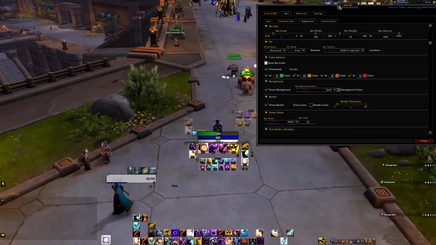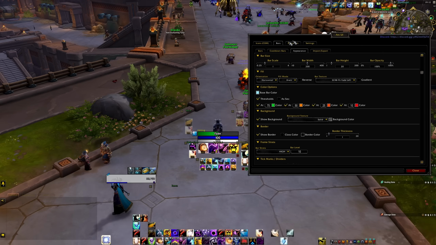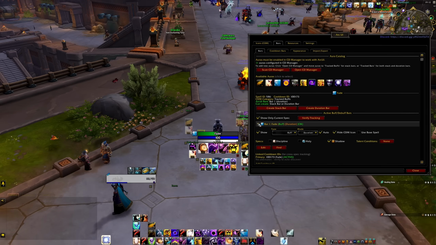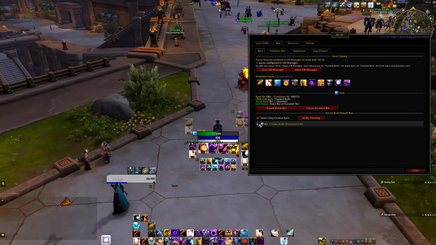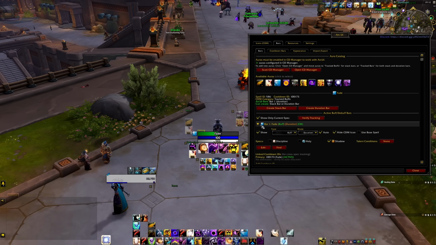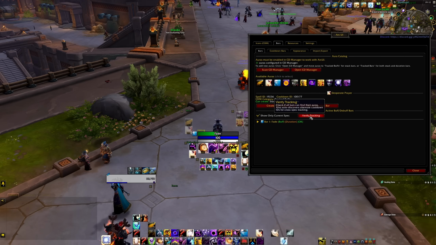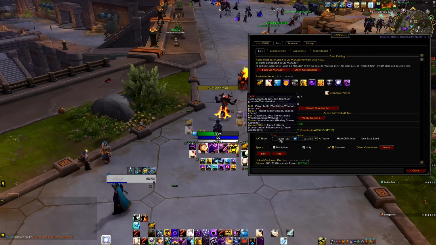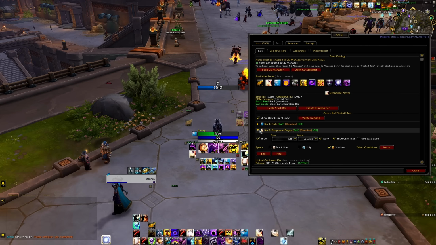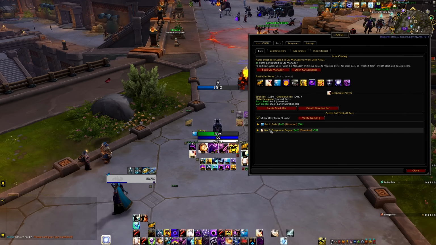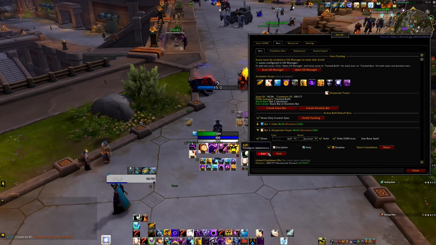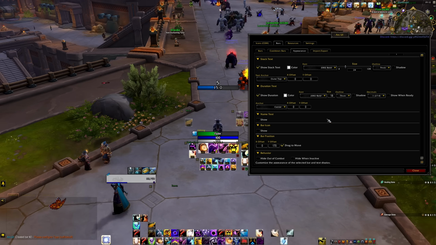That's ultimately what could be the most tedious thing, because unfortunately, at least for now, there is no way to edit any of this in bulk, copy paste, right? For example, okay, I've just done fade. Let me just make another defensive if I want to put all my defensives here, right? Add my Desperate Prayer bar. Once you have made this, there is no way to just copy, Control C, Control V, right click, copy. There's no way. You have to manually go back here and manually do it all again for every single bar